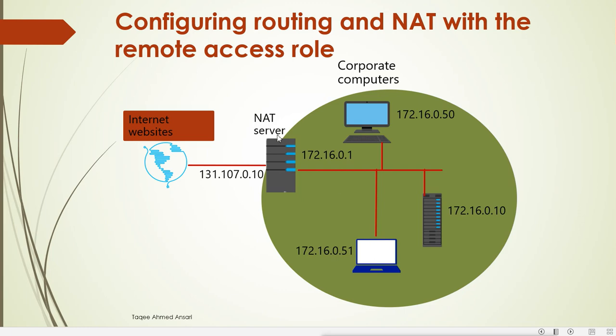So it does the translation. It converts private IP addresses to public addresses, and when public addresses come back, it changes them to private addresses, so that our local network, which has private addresses, can connect to the internet using public addresses. This is what NAT is. This is actually a job of a router, but we can use our Windows server with remote access services configured. We can reuse it as a router also.